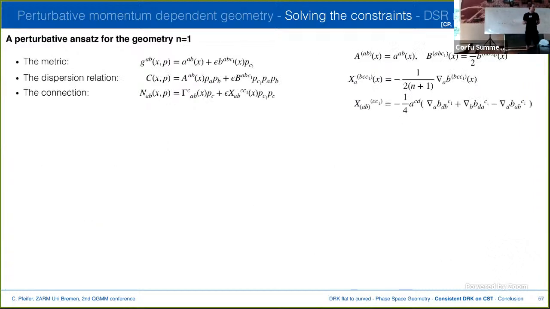So, to make this a bit more clear, what's happening here, let us look at the n equal 1 perturbation. So the metric gets a term linear in the momenta and the dispersion relation cubic in the momenta. And this is what is studied very often in the literature. This you see for deformed special relativity a lot. And then we find from the previous slides that here we just get,